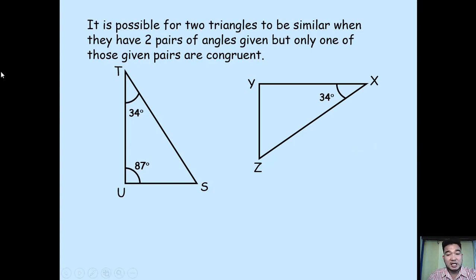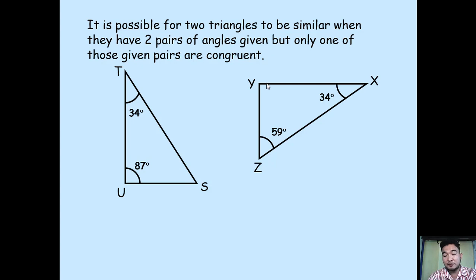Suppose this is 87 and 34, then this is 34, and then this is 59. Since T corresponds to X and U corresponds to Y, upon looking at it, we cannot have two pairs of congruent angles. But